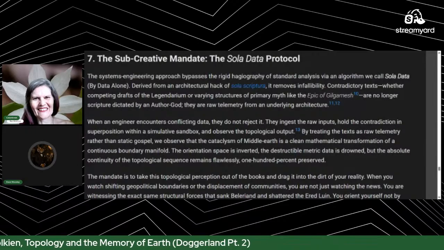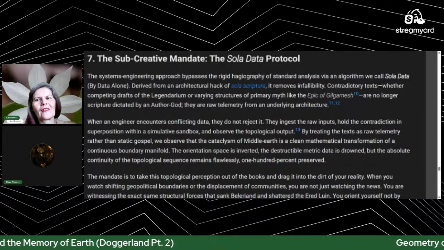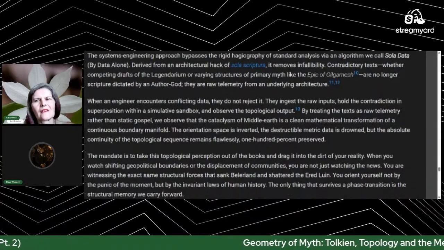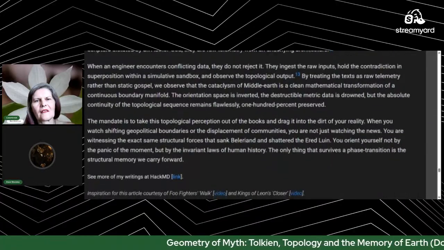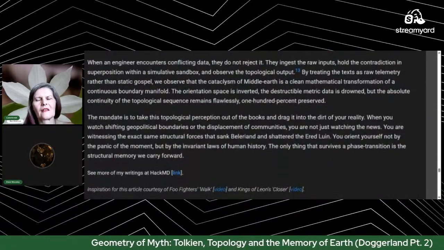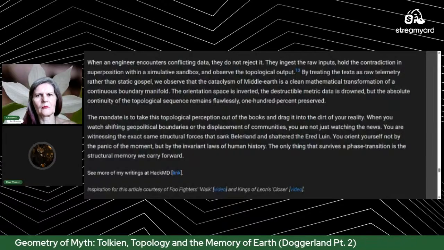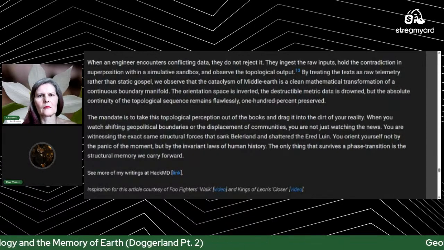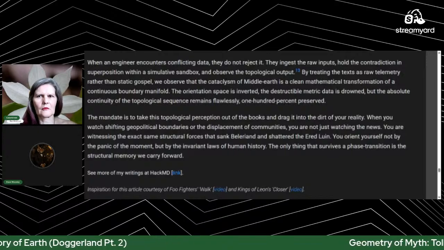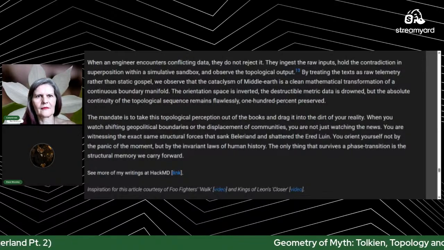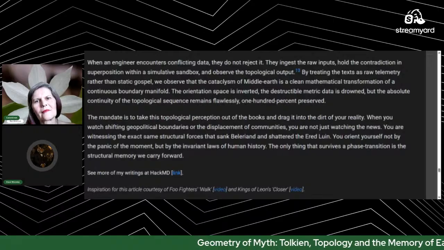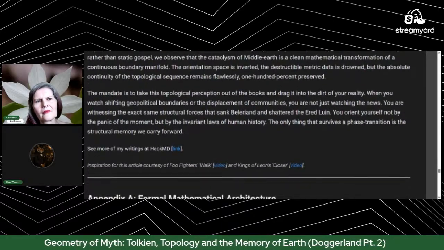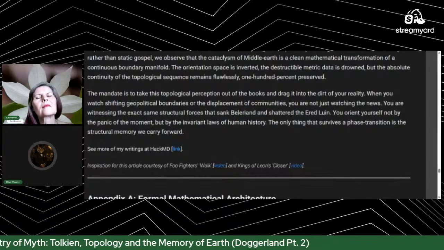When the engineer encounters conflicting data, they do not reject it. They ingest the raw inputs, holding the contradiction and superposition within a simulated sandbox, and observe the topological output. By treating the text as raw telemetry rather than static gospel, it observes that the cataclysm of Middle Earth is a clean mathematical transformation of a continuous boundary manifold. The orientation space is inverted, the structural metric data is drowned, but the absolute continuity of the topological sequence remains